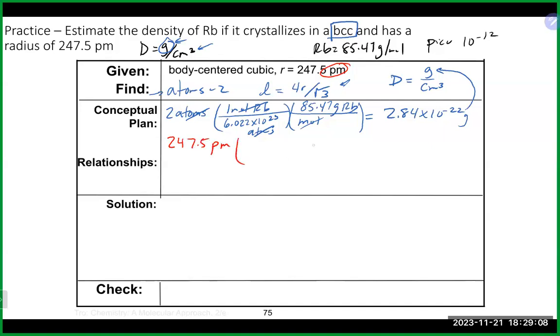So once again, that conversion, that 10 to the minus 12 means 1 picometer, and one of the prefix units, there's 10 to the minus 12 of the base unit, which is meters in this case. The picometers cancel. We don't want to stop there because we're in meters only. So in 1 meter, there's 100 centimeters. And again, that's going to get me into centimeters. And that's going to get me 247.5 times 10 to the minus 12 and times 100,